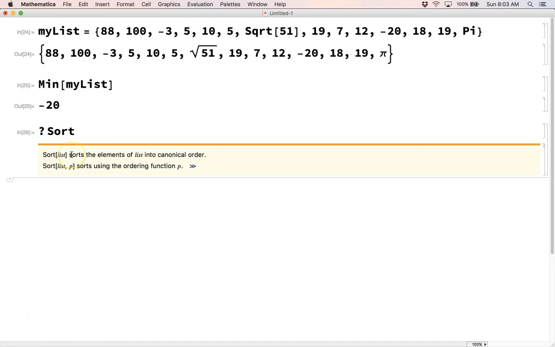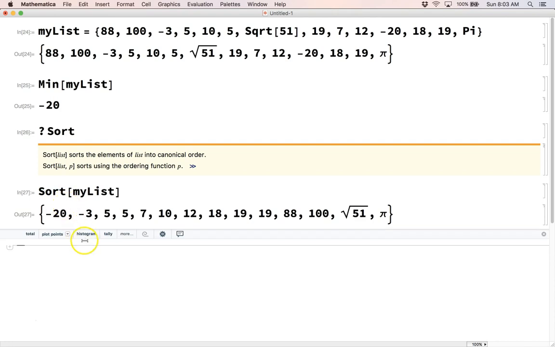And so it says Sort sorts the elements of the input. So in our case, it'll be myList. Here they just call it list. Sorts the elements of list into canonical order. So let's try it out. Let's try Sort myList. So it looks pretty good, but notice there's some strange things here, like why is pi bigger than 100 in